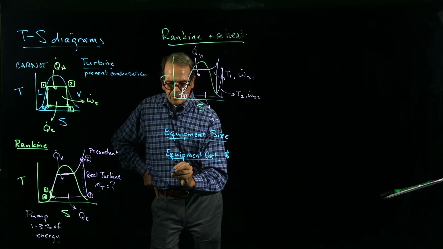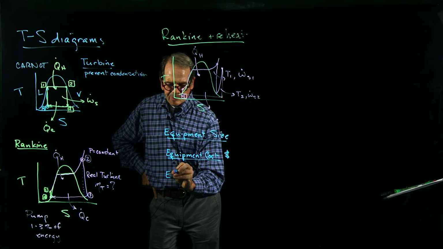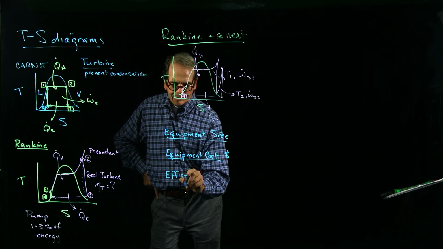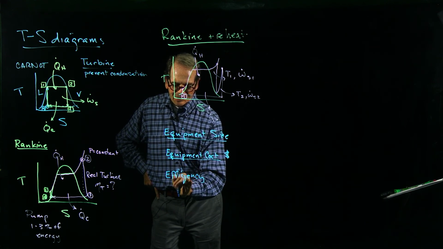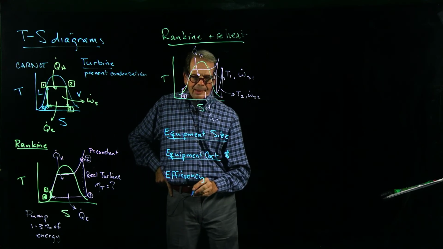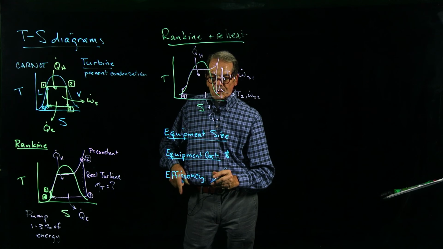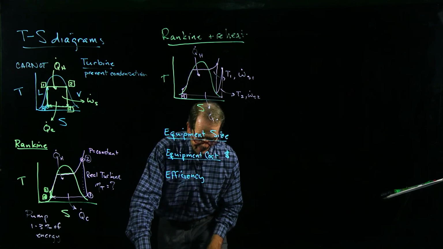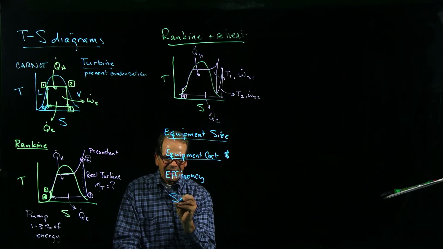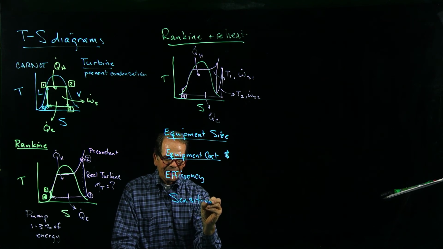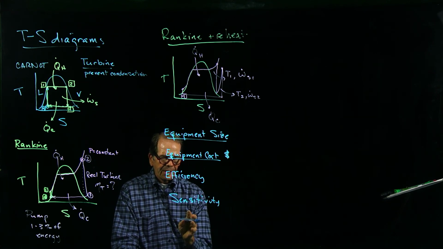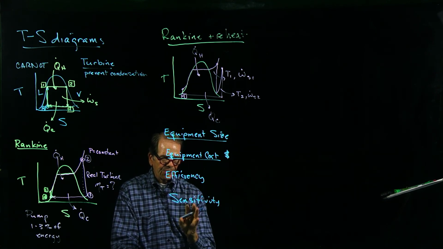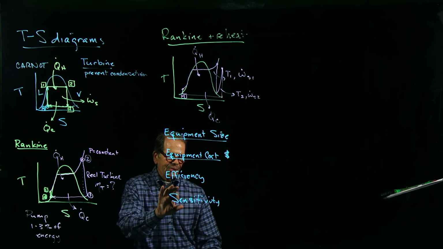We're going to have to get efficiencies of these, and process efficiency for the whole thing. And we're going to do some economic sensitivities. You notice I'm not quite calling this optimization yet, okay? We'll talk about how to optimize as we're going through the problem. But we're going to have to do sensitivity of equipment size,